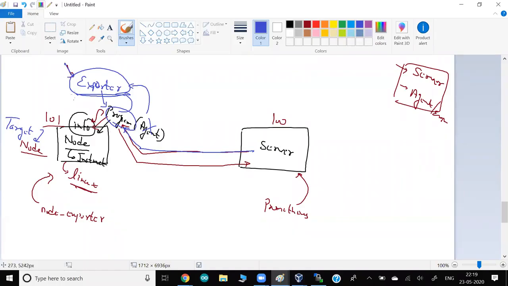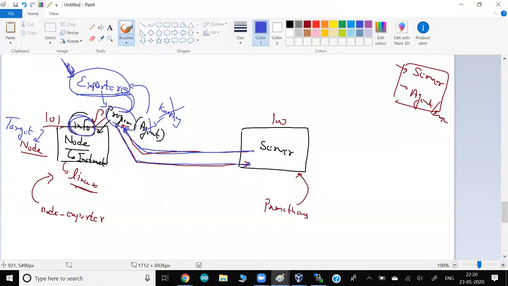Anybody who has already worked in any other domain knows that there your agent keeps on running. But here it is not. Here, when Prometheus comes, that time my agent or program will run, or my exporter runs. And whatever information the program has built in to retrieve, it retrieves from the system and gives to Prometheus.